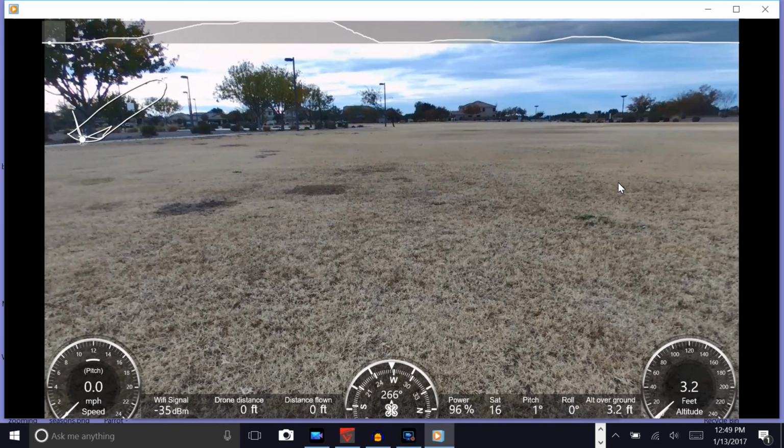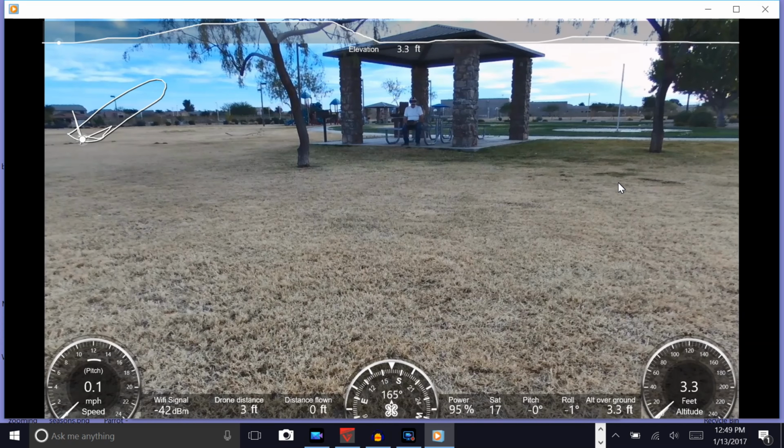So there you go. That's the way that you go about adding telemetry data to your Bebop